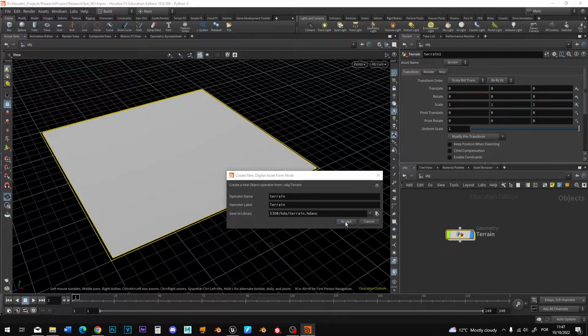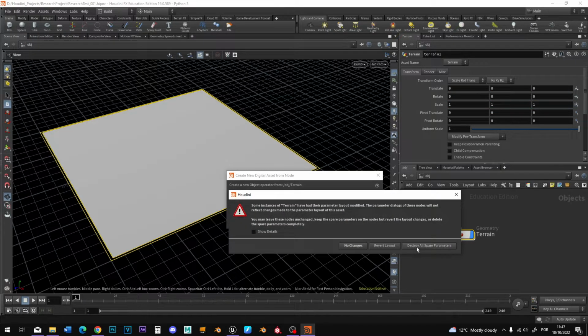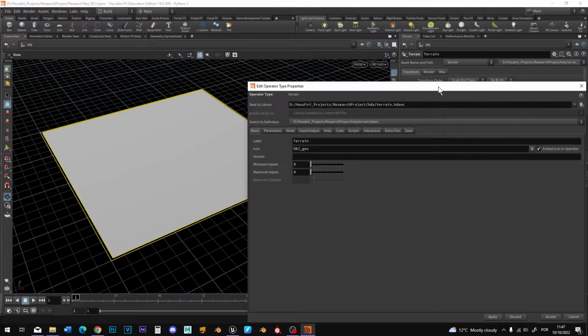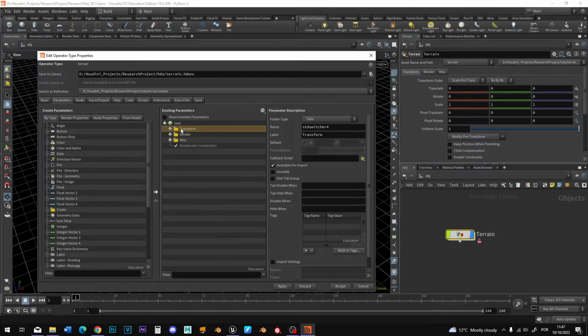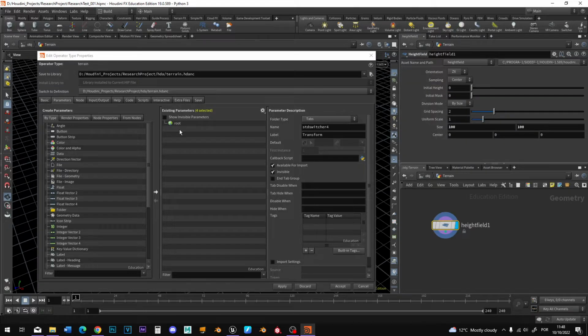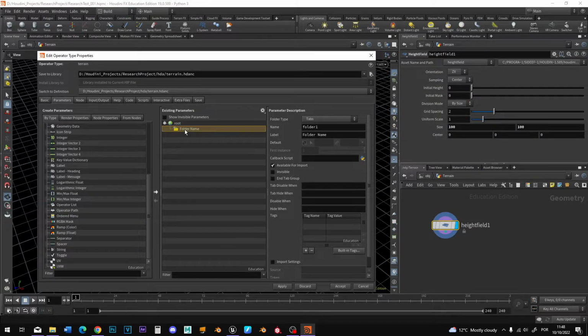Accept, and then we can destroy all spare parameters. We don't need them, and we come to this parameters tab. I like to make all this invisible because we don't need this, just to make it clear and easy to understand. So what I'm gonna do is create a folder,